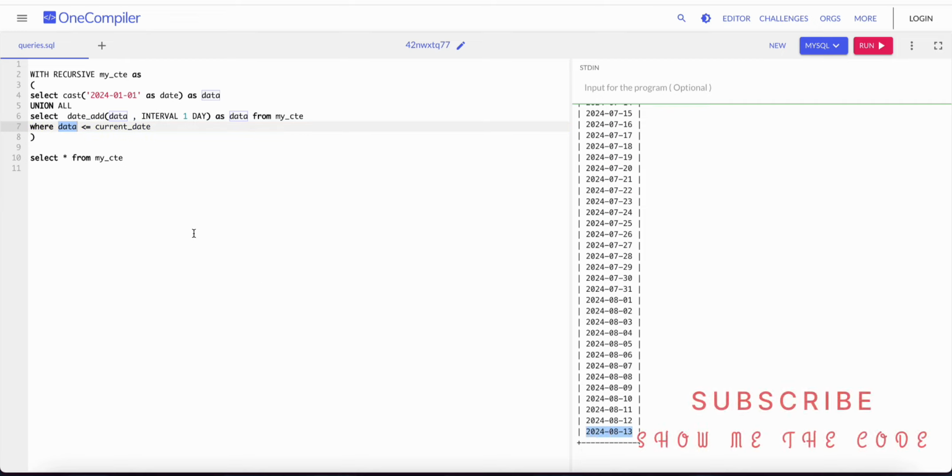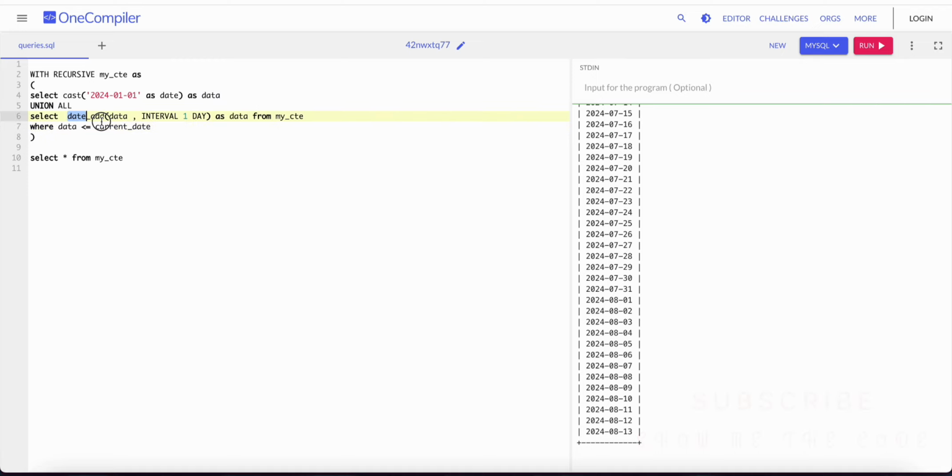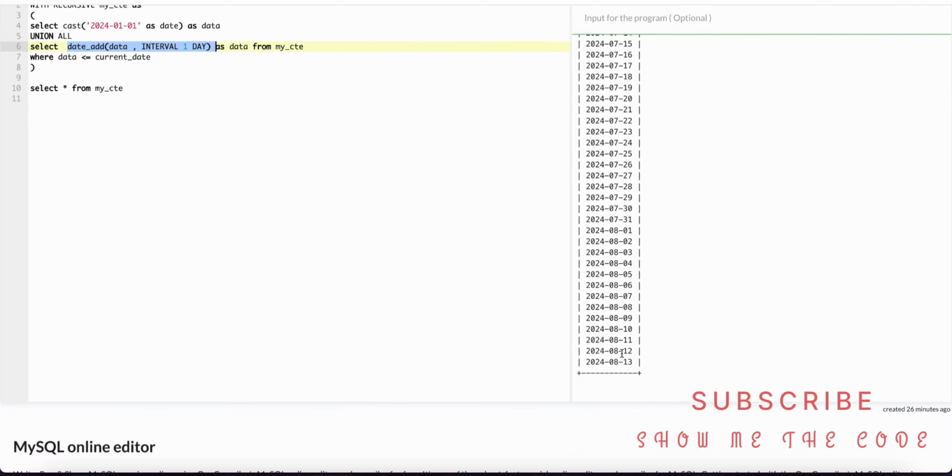So yeah, sorry, my bad. It came over here. So in this condition, first it is increasing the value, and we are checking this value. This data we just created one time, and then the next data would be referred with the value of this particular calculation. So now suppose today's date is 12th of August. The date is 12th of August, and it reaches the current date. It is true, but